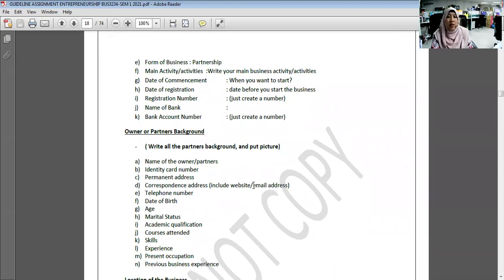And the owners or partners background, write all the partners' background and put the pictures. After this, I will show you one sample. I actually already shared in our group WhatsApp one of the samples. I can't say it's the best, but you can refer to it. Okay, the name of the owners and the partners, and then